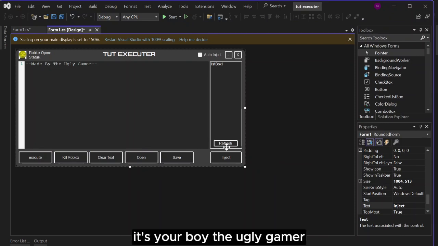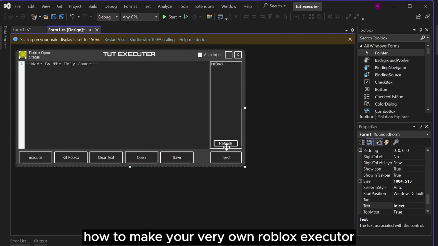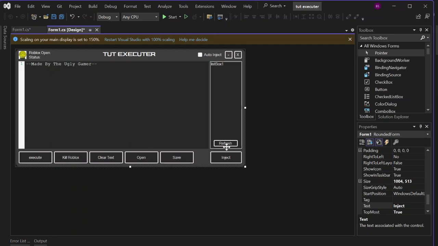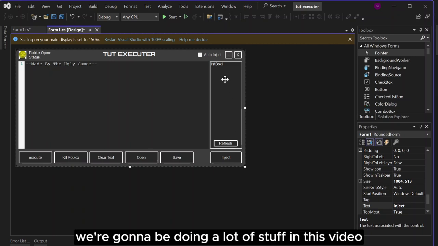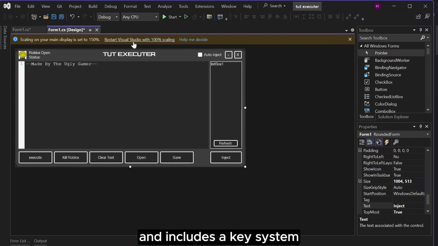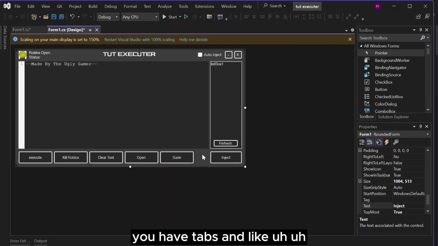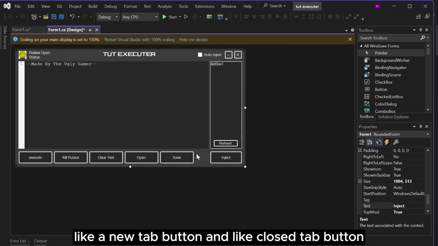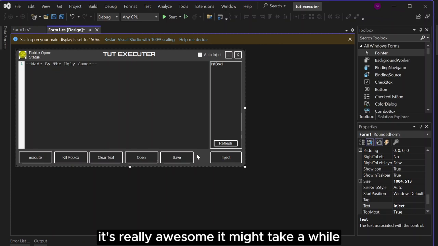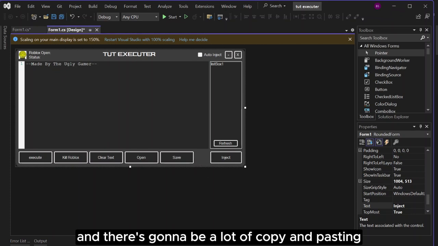It's your boy, the Eagle Gamer, and this is part 5 on how to make your very own Roblox executor. And yeah, we're going to be doing a lot of stuff in this video. That includes a key system, Monaco, and a Monaco tab system. So you'll have tabs and a new tab button and a close tab button. It's really awesome. It might take a while, and there's going to be a lot of copy and pasting in